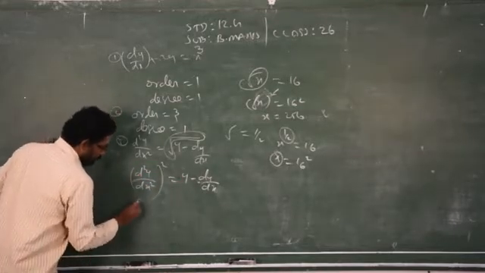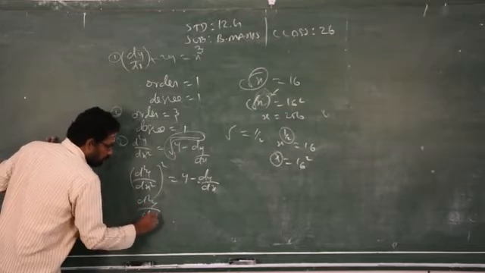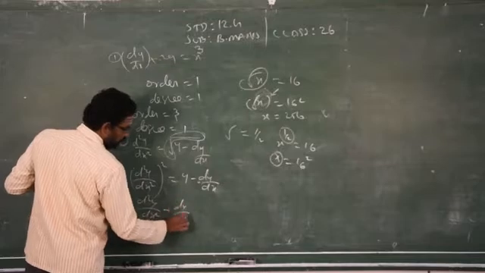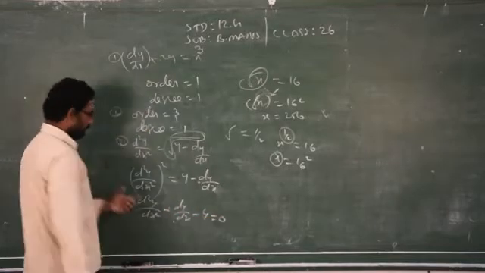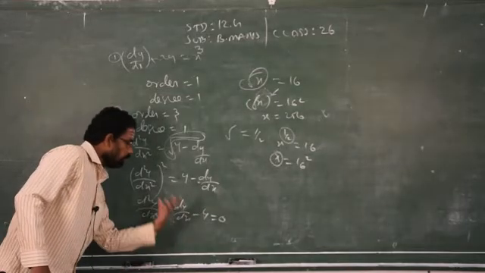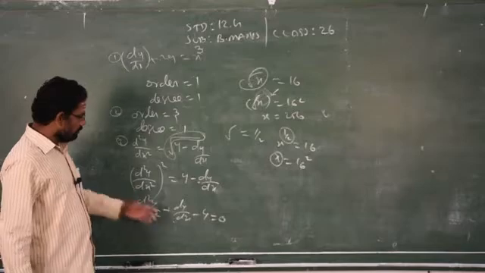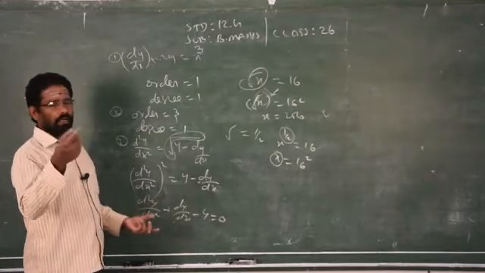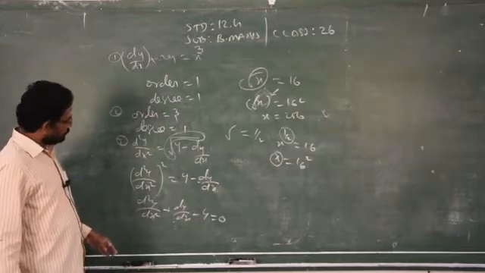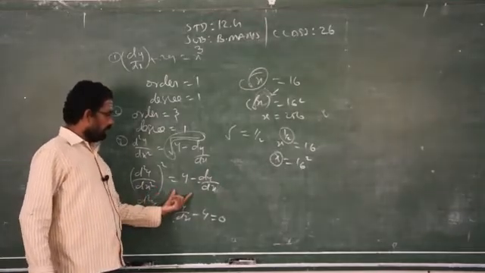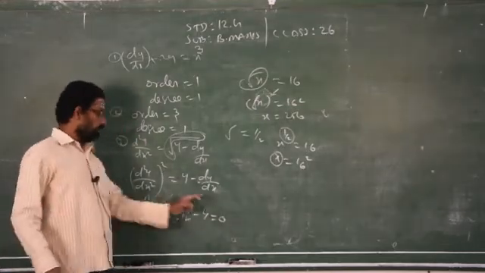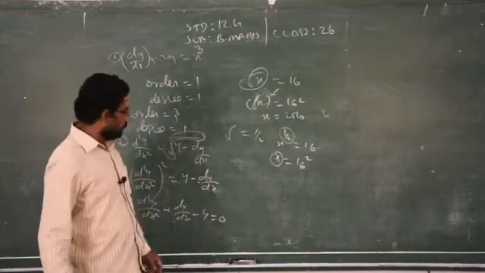They will give marks. But if it is a 3 mark question, you have to write in standard form in this format. After that you have to write the degree and order. Because in 3 marks this will take 1 mark. Order and degree carry 1 mark each, so you will get 3 marks. If it is a 3 mark question and you write the answer directly, you will get only 2 marks because this is the standard form of differential equation. If it is missing, then you lose 1 mark.